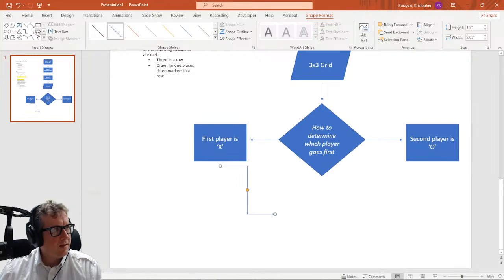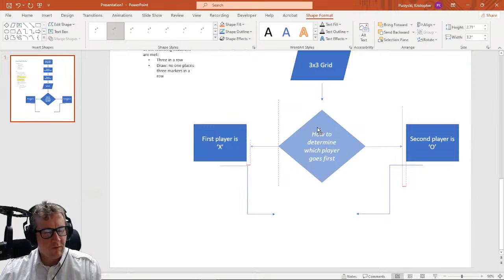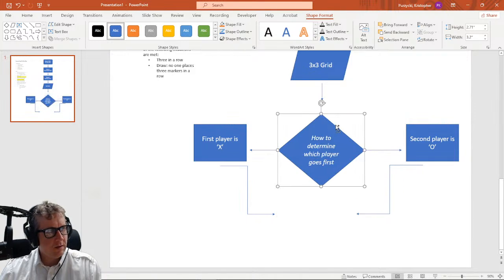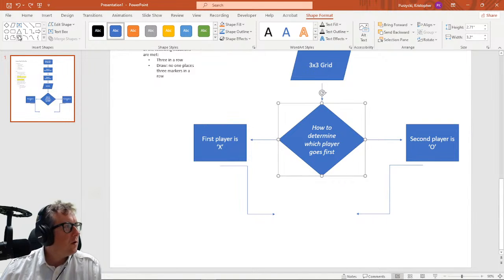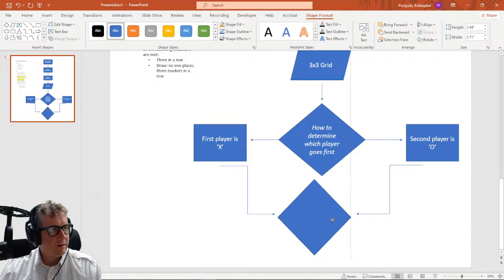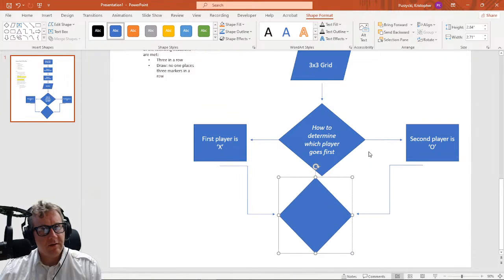Okay, so we got that. And then we start to get into these pretty wild looking arrows. That's cool. I did not realize that when you place the arrows. Again, this is going to start to look pretty lousy, but